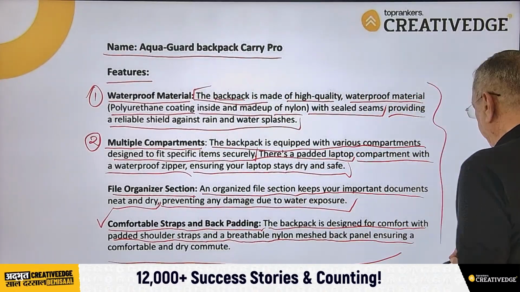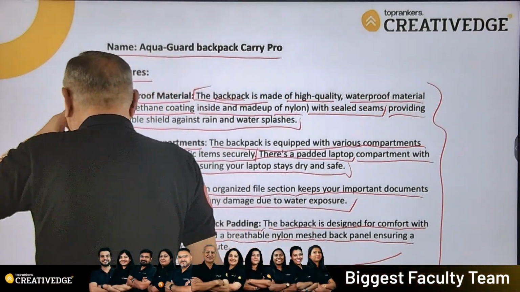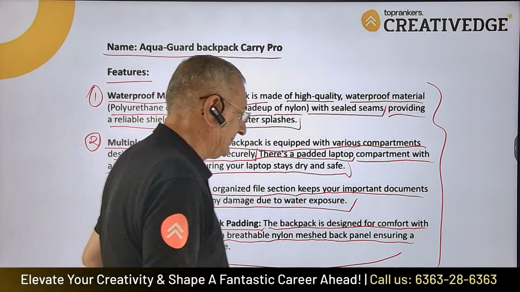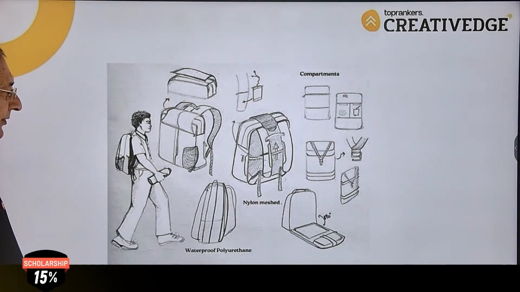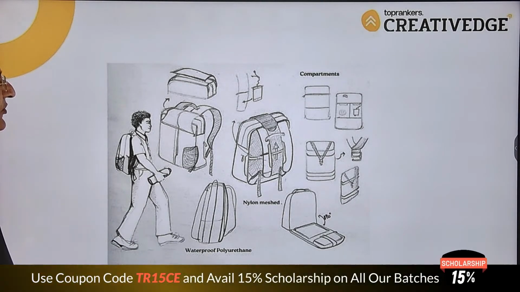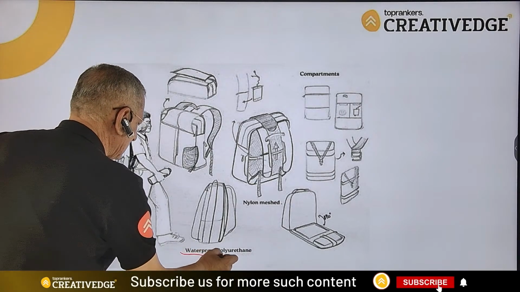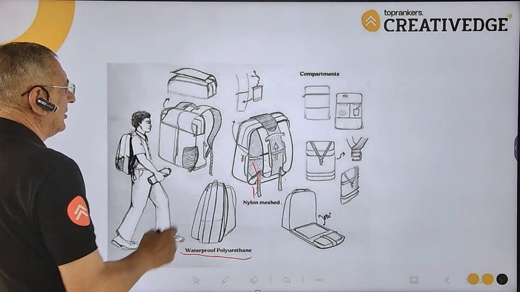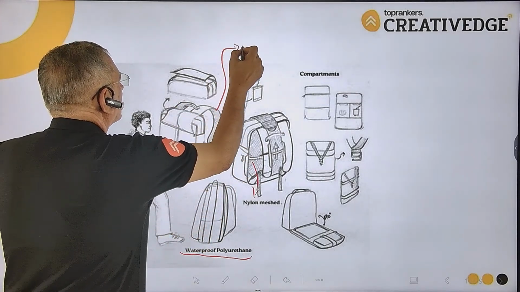Again, goes without saying, although you have explained the things here for the material, the diagram should contain enough labeling. Here is a diagram which is not enough labeled, I would say, except waterproof polyurethane, nylon meshed. Now, here there should have been a mentioning of the straps,